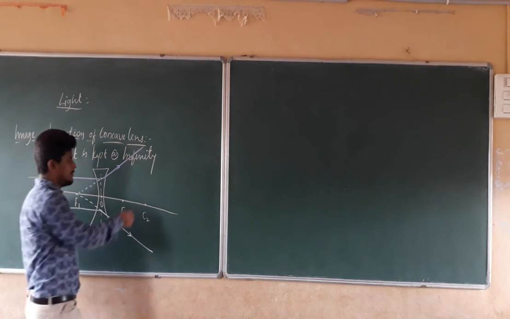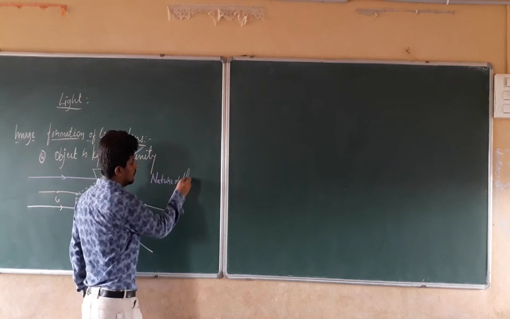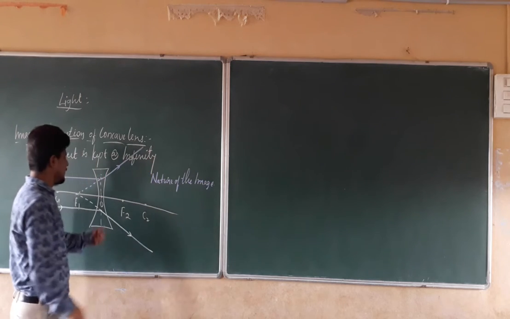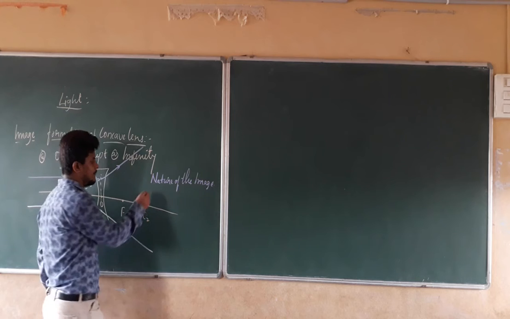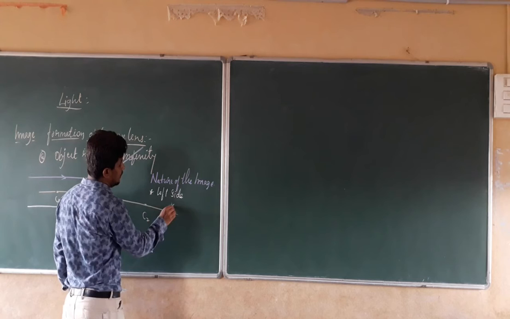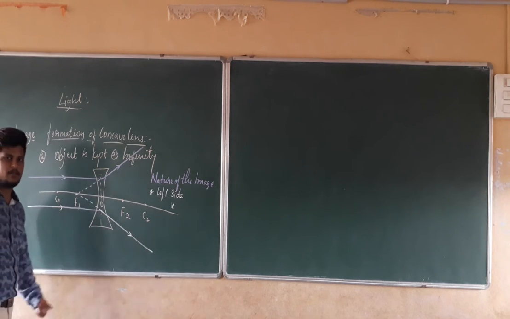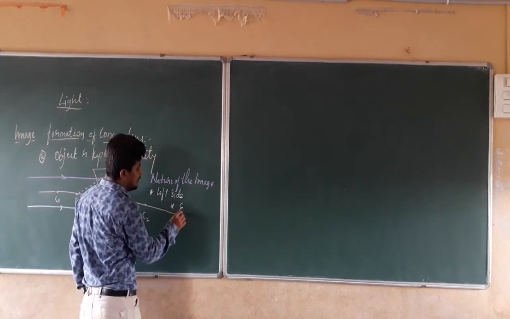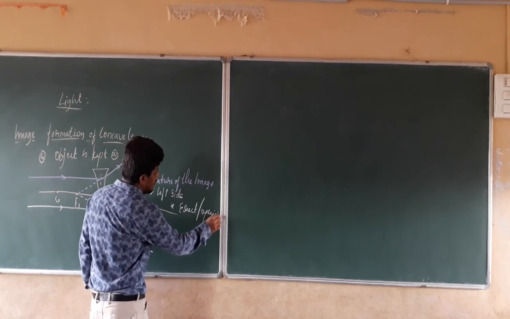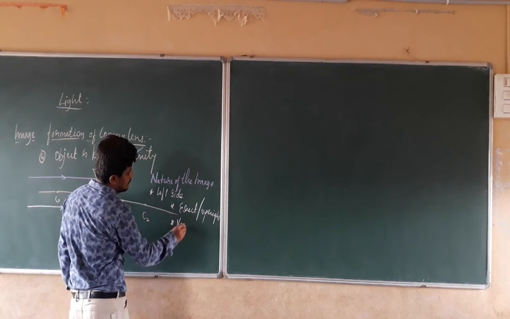Right? So the nature of the image can be given as follows. First, which side is it forming? It is forming on the left side. In case of lenses, whichever image is going to form on the left side, it will be a virtual image and it will be a direct image or upright image. Erect or upright, both are the same. Erect image or upright image, and this will be the virtual image.